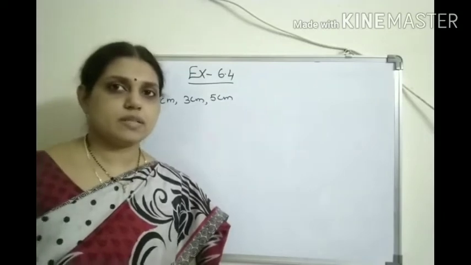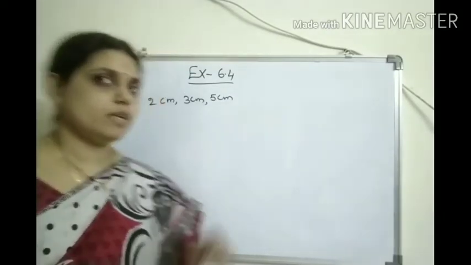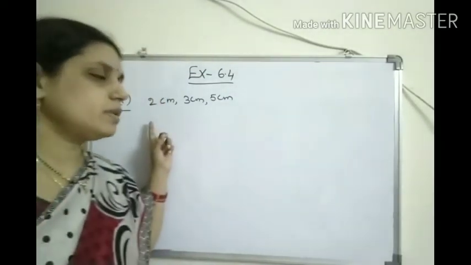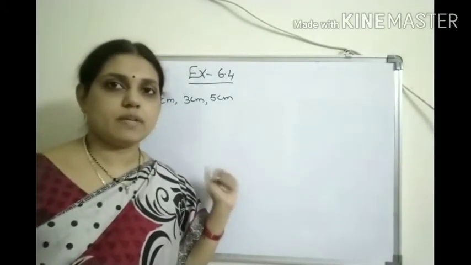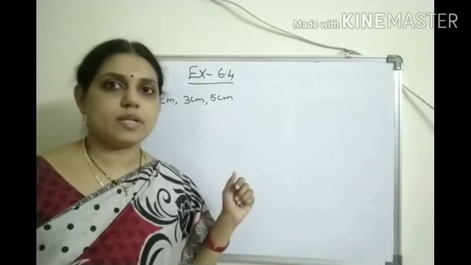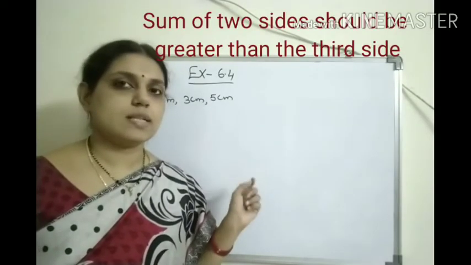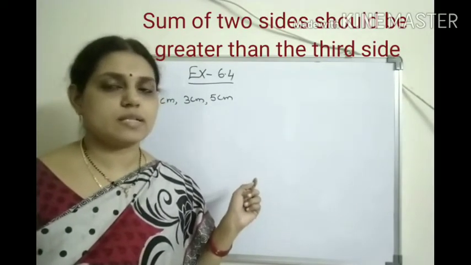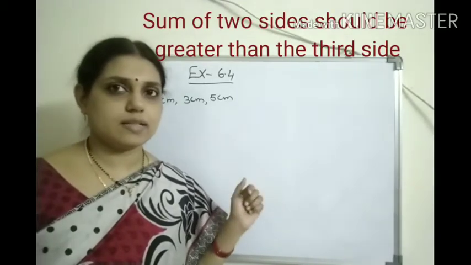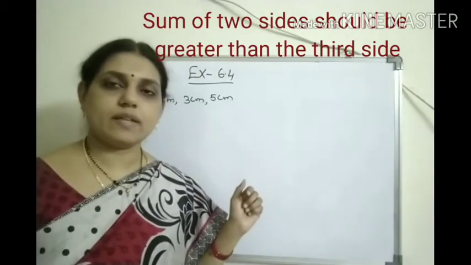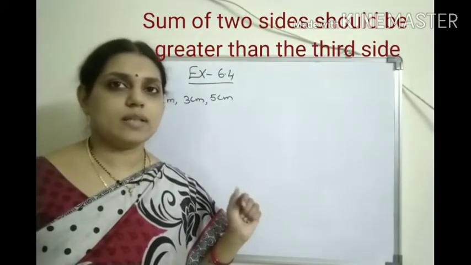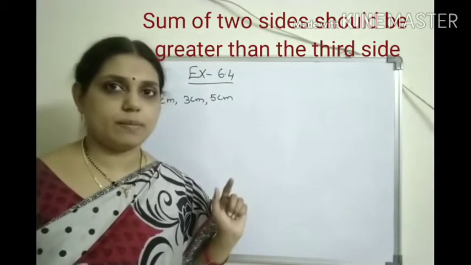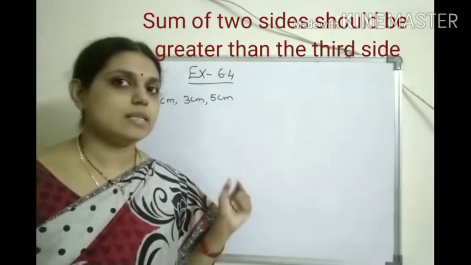As we discussed in the previous video, now we are going to find out whether it is possible to form a triangle with the given measurements or not. We are going to use the inequality property, the property based on sides. The sum of the lengths of any two sides is greater than the third side in a triangle. Otherwise, the difference of lengths of any two sides is smaller than the third side. Any one we can apply. Now I want to apply the sum.